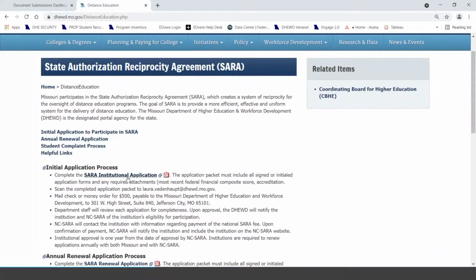The link may be a little outdated, I'm not sure, but you will have a link right here to the initial application that you fill out that goes to us and to NC SARA. That document is not going to change, that process. You guys fill out everything, get the appropriate individuals to sign it. It's what happens after that document that will change, and we'll put a link in here for you guys.